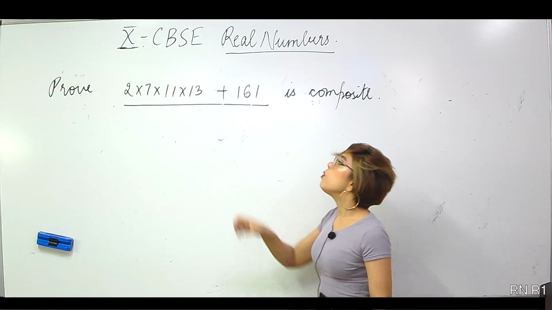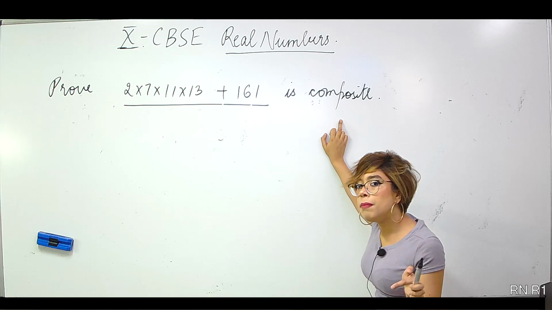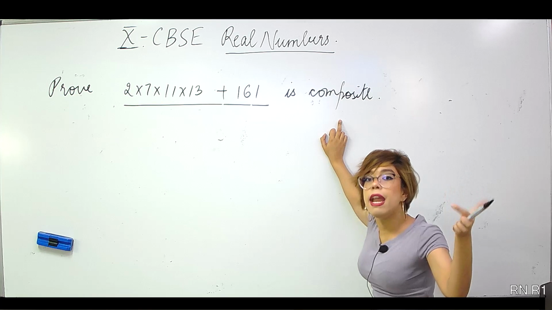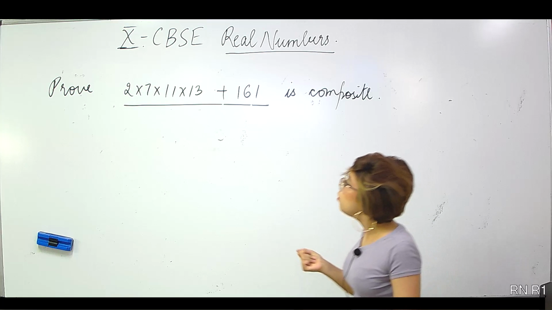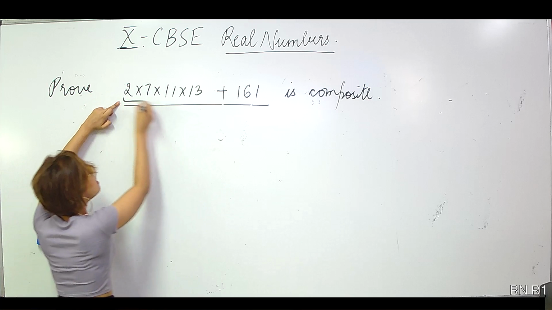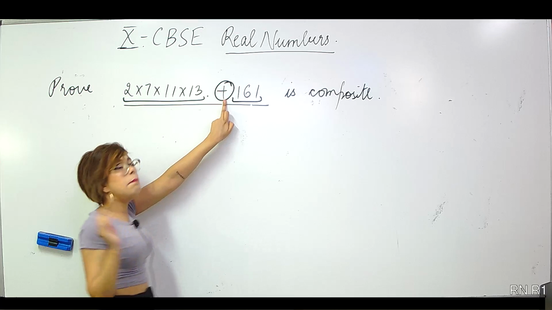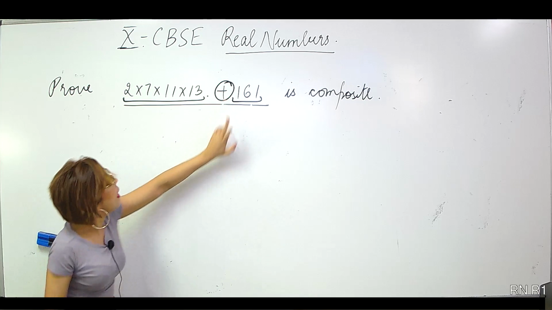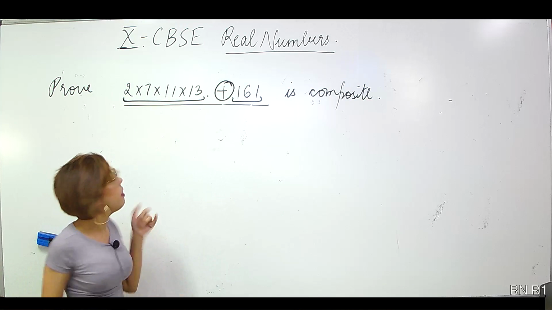Right? I need to prove that this number is composite. That means it is not prime. That means it must have factors other than 1 and the number itself. It has more than 2 factors. More than 2 factors and some factors exist. Let's study the number. It is this plus this. Right? Since there is a plus in between, maybe I might be able to take a common factor out. Right? Now here there is a 2, and 161 doesn't have at least 2. Right? Okay. There is a 7,